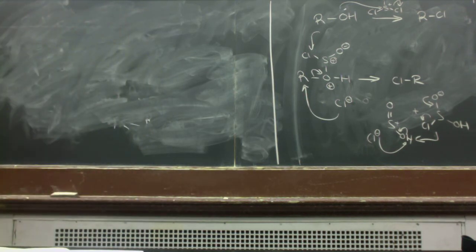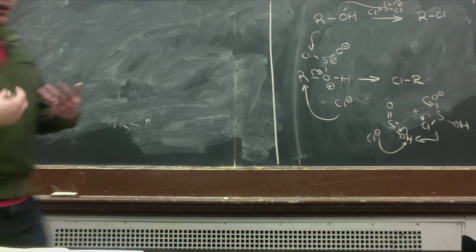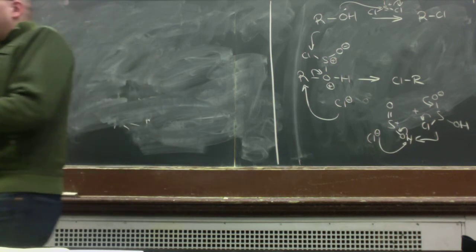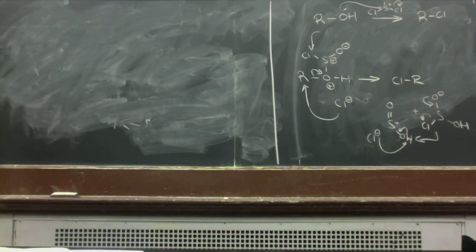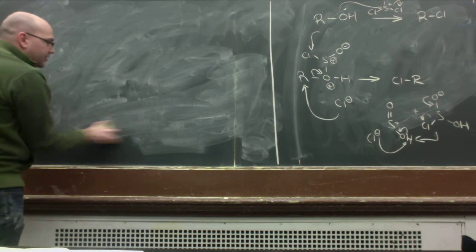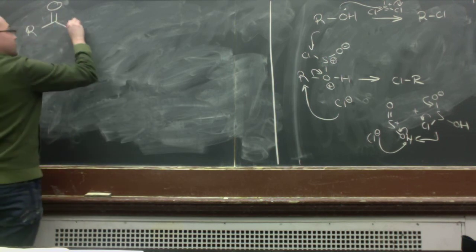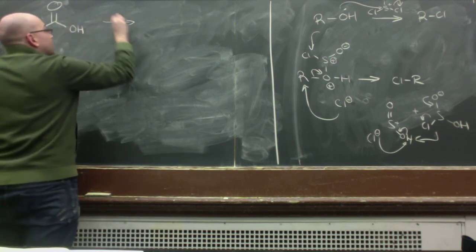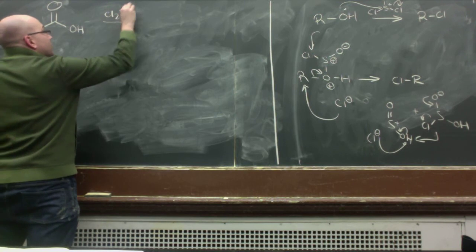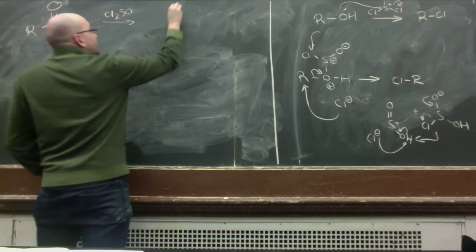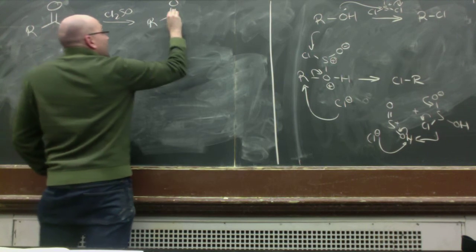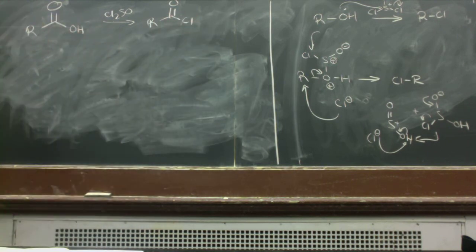And certainly having that versatility to take an alcohol, right, and turn it into a chloride has that ability to turn it into a really good electrophile, which can make a lot of new bonds, right? Halogens are very, very versatile. Okay, and as it turns out, acid chlorides are also very versatile. Okay, and so if you take these molecules and you treat them with thionyl chloride, again, the mechanism is going